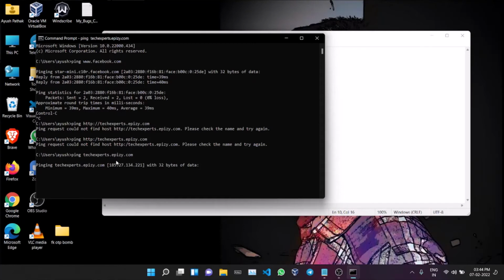And now you can see that we got an IP address. This is the IP address of our server. So in this address we can reach tech experts if this is the only site hosted here.